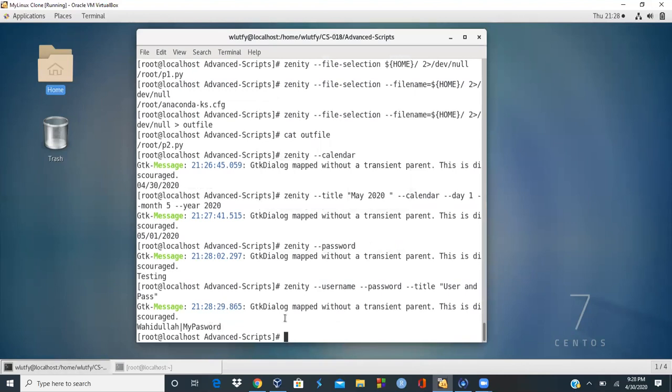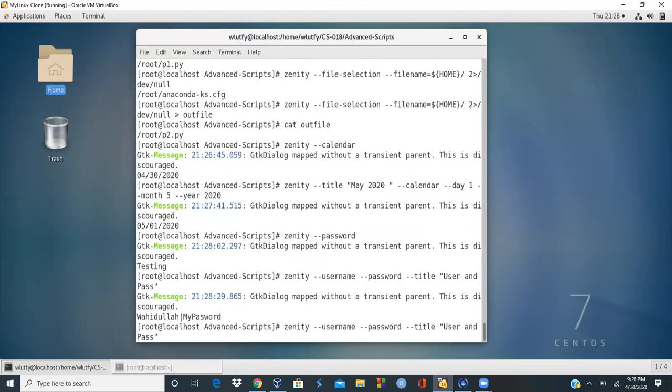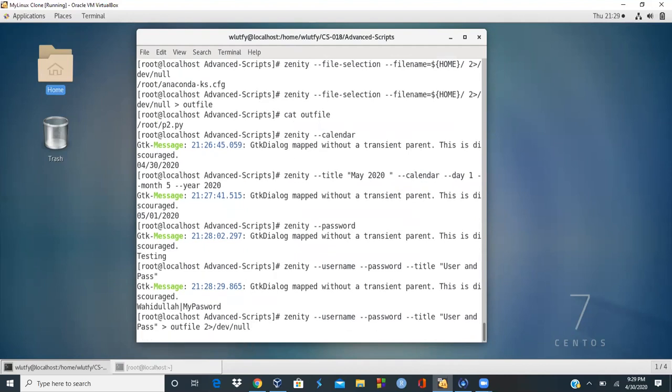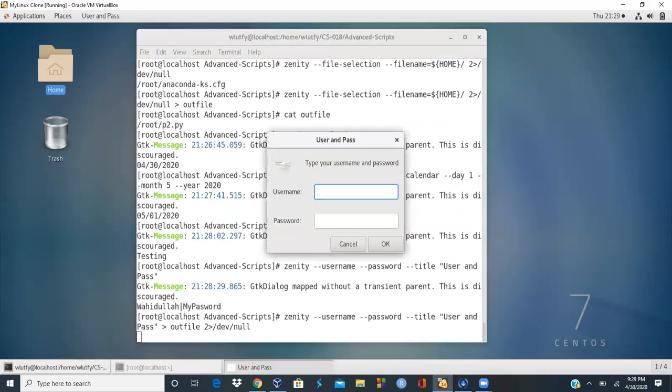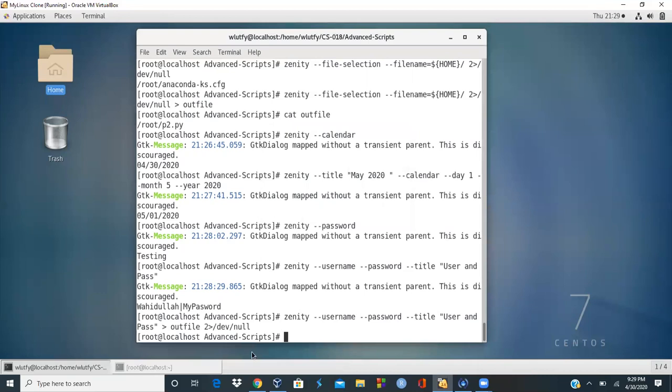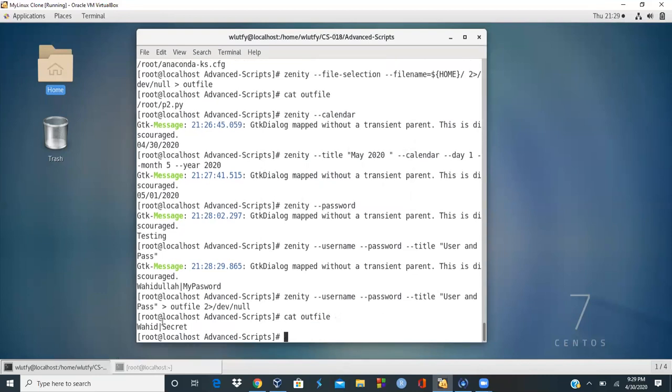And I was showing you this, that you could send this information to an outfile with > and /dev/null. If you do that one, now your outfile has the information. So I type in username Wahid, password secret, let's say, it's going to just have that information, and that information is in the outfile. But now if I just say cat outfile, and then while read the var